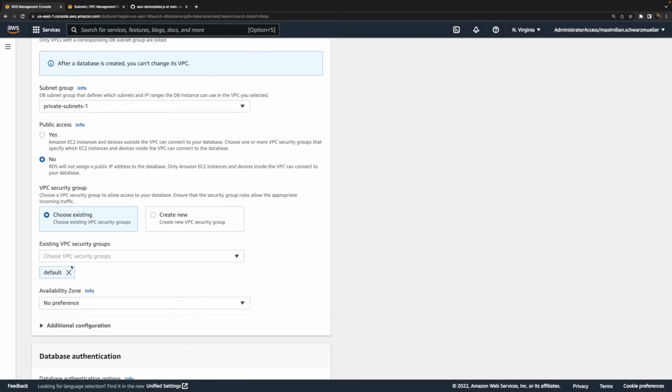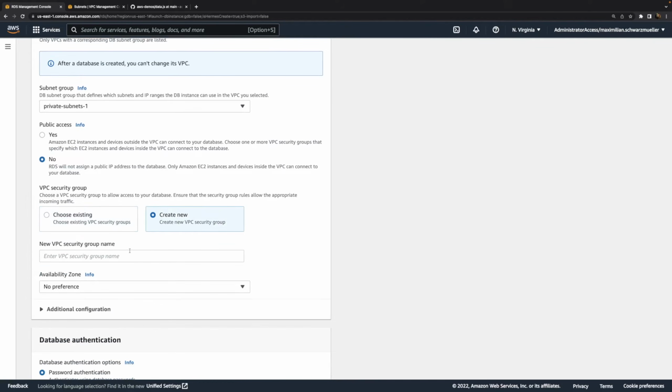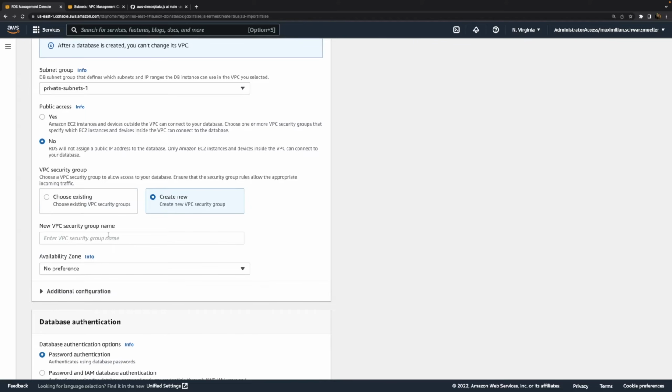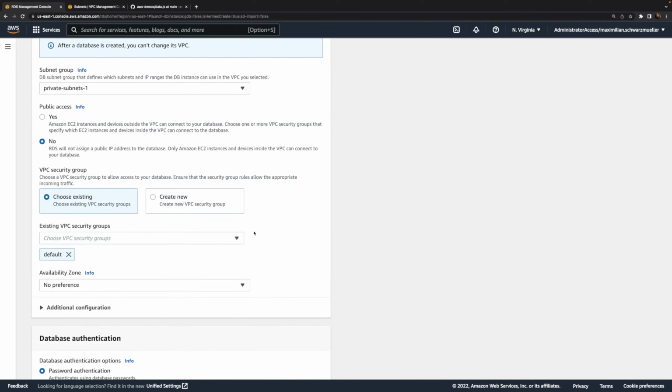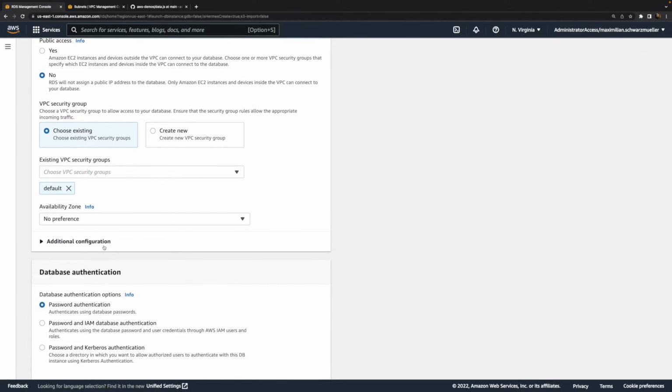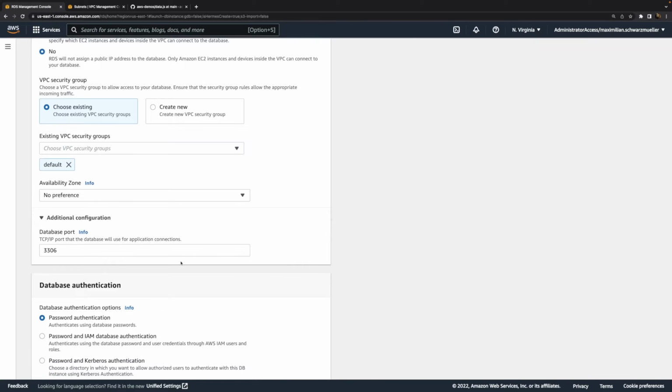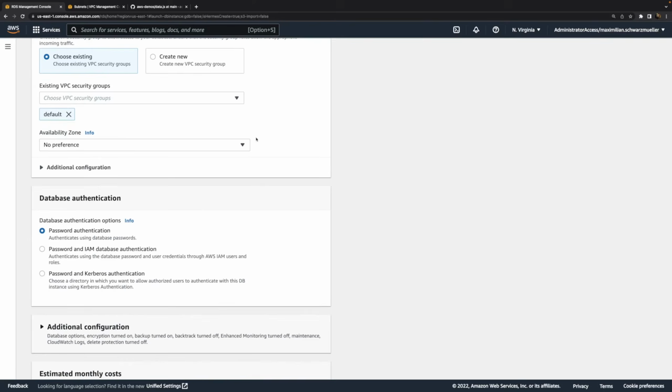And here we can stick to that default security group or create a new security group. For the moment, I'll stick to the default one, but we'll have to tweak that security group in a couple of minutes. You can also choose which port should be exposed, but I'll stick to the default MySQL port here. You could also choose an availability zone preference if you had one, but here I don't really care.